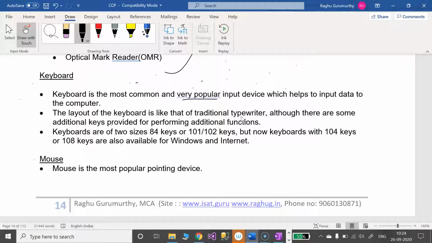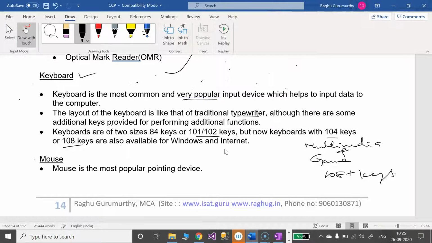Earlier we used to come across the typewriter, then followed by the keyboard. The number of keys in a keyboard is 101, 102, 108, and some keyboards contain 104. Some multimedia or game oriented keyboards may contain 108 plus keys.